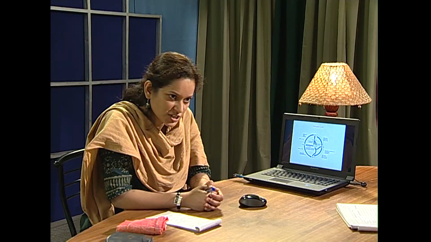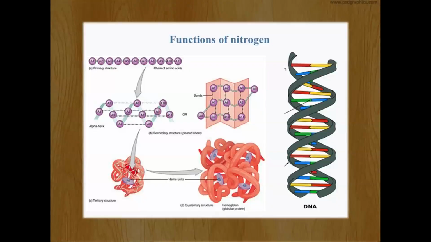Nitrogen as such in the atmosphere exists in the form of nitrogen gas, which is very inert. Apart from this, nitrogen is also released into the atmosphere through volcanic eruptions. Now let us see how nitrogen is important. It helps in the synthesis of DNA. It is a building block of proteins as well as of the chlorophyll molecules, in the form of the porphyrin